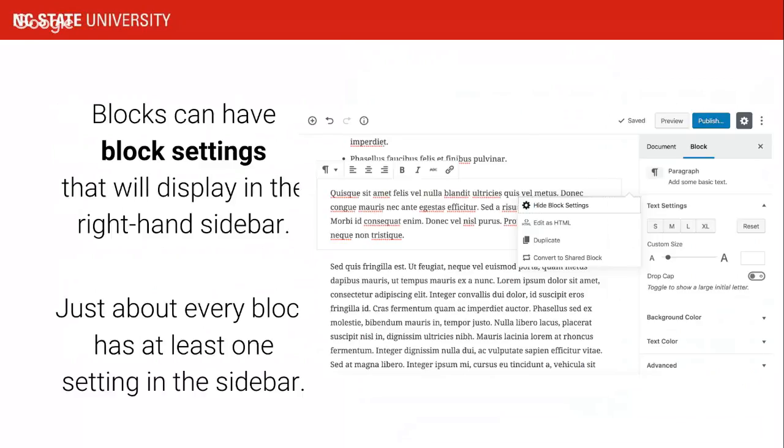So this is sort of a new thing in WordPress. The right-hand sidebar in the editor has always been where you go to click Publish, or where you go to,